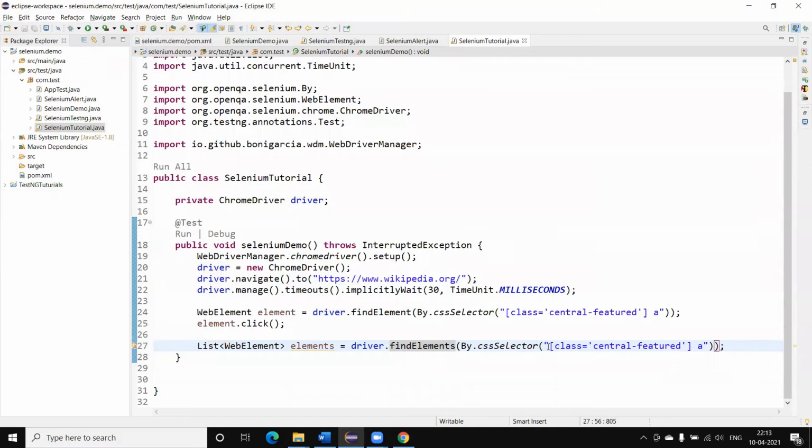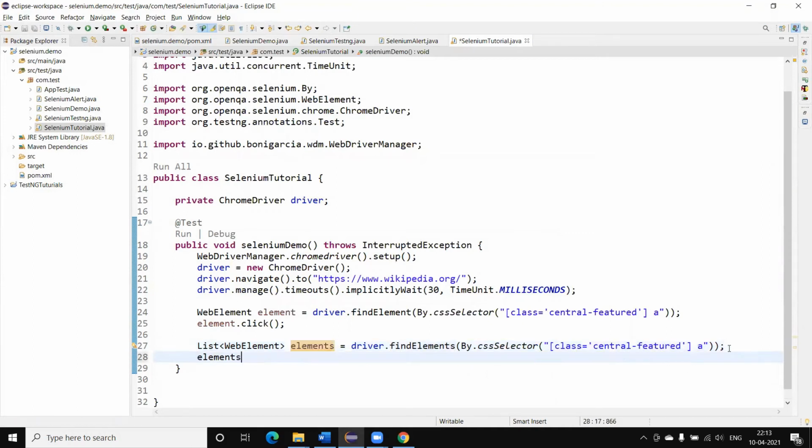So currently I am getting 10 elements using this CSS. It will return the 10 web element objects, and we can store them in a list of WebElement.